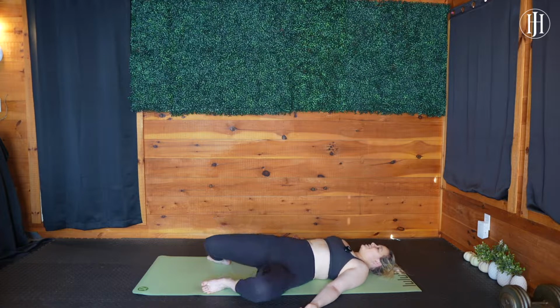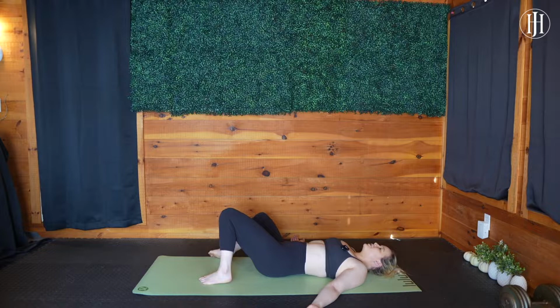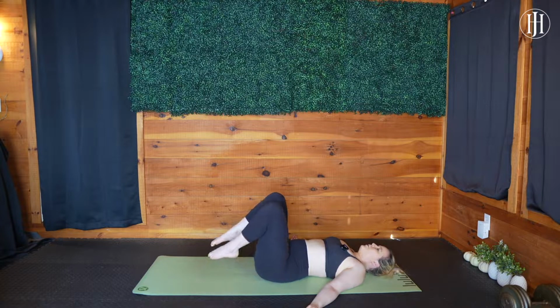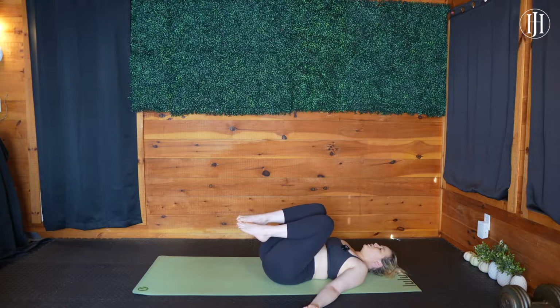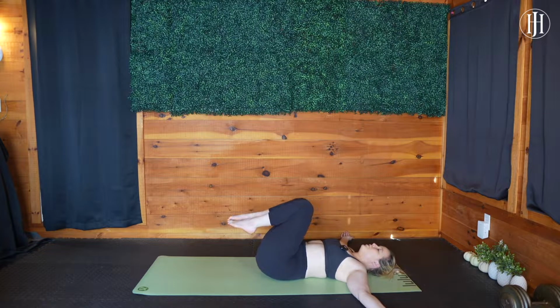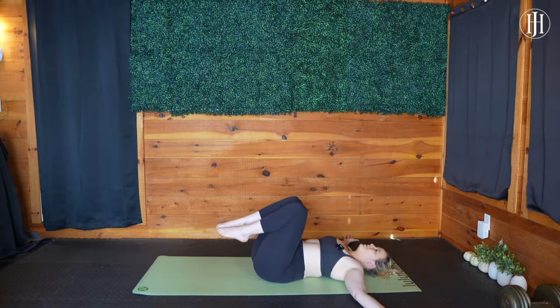As we come back through center, using the core to activate this movement a bit more, we're gonna bring those knees about shoulder width distance apart, and we're gonna pull those knees into chest, bringing those arms out into a T, palms facing up. Feel free to open the eyes gently, lovingly at this point as we start to create